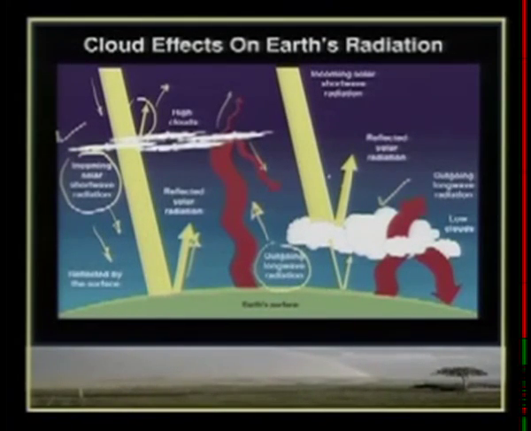And same thing if you look at the thick cloud, you see the thickness of the arrow here, most of the radiation is reflected, and a small amount reaches the surface. And similarly the outgoing long wave radiation, as you see here, part of it will go through to space and part of it will come back to the ground. So you can see the cloud plays a very important role, and we will see what it means in terms of the